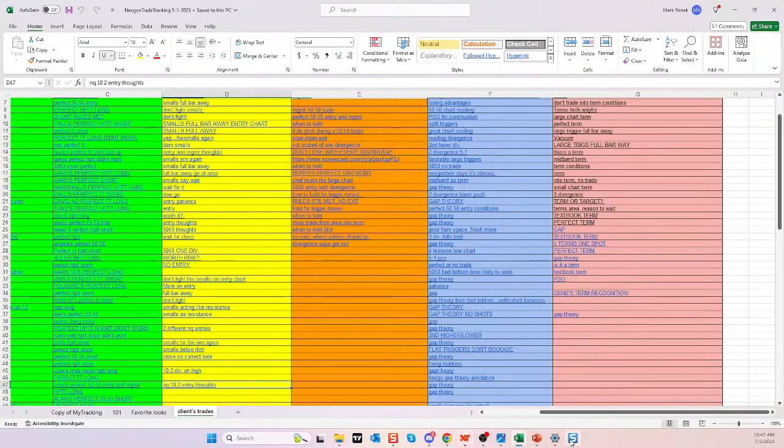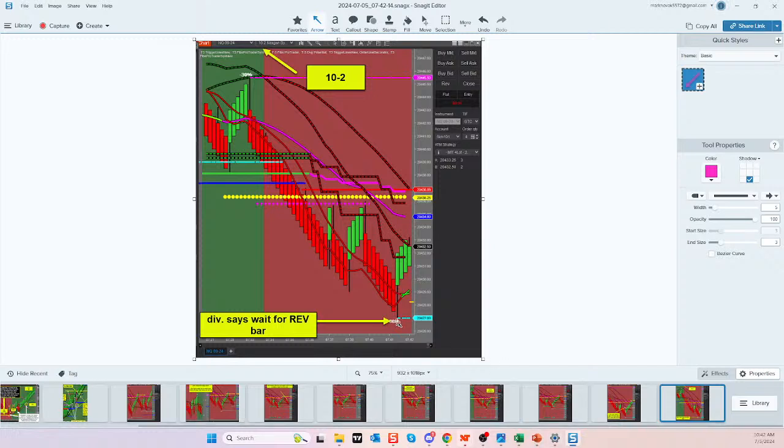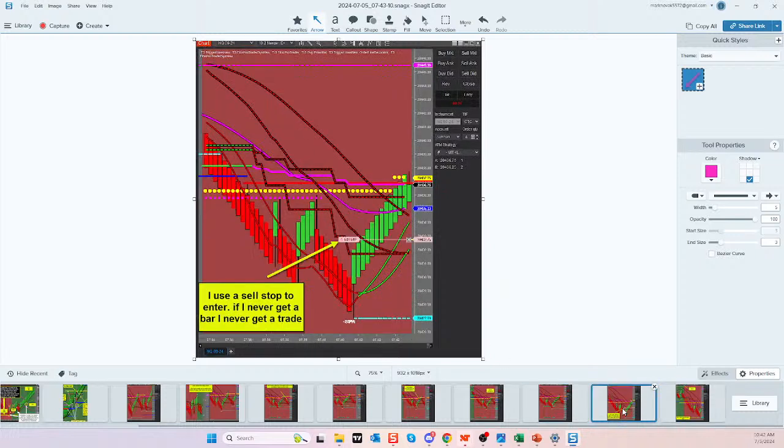Let me find my pictures again. Hold on. If I get a divergence off of the reversal bar, pulling back on the small chart, the 10-2 on the NASDAQ, guys, this is NASDAQ specific. My rules say that I have to wait for a reversal bar to enter, which means that I'm going to use a sell stop right on my reversal bar marker, right where that reversal bar is 100% confirmed. Because if I try to anticipate it,